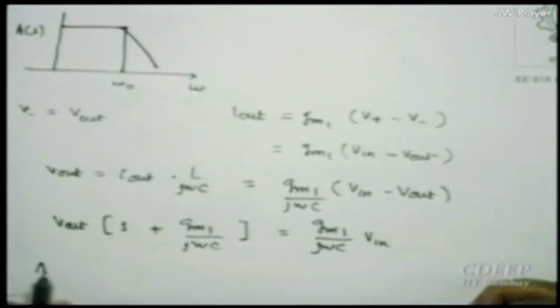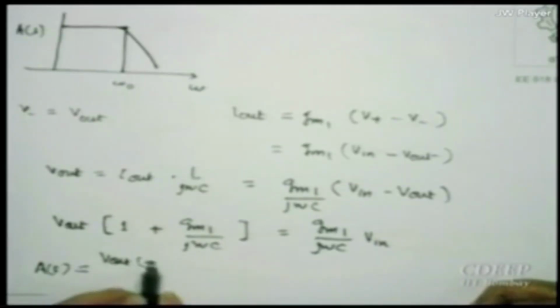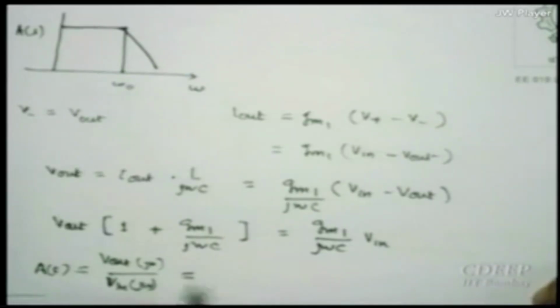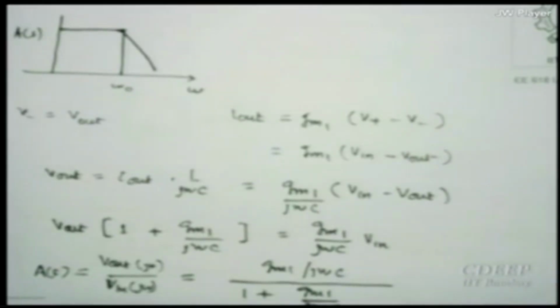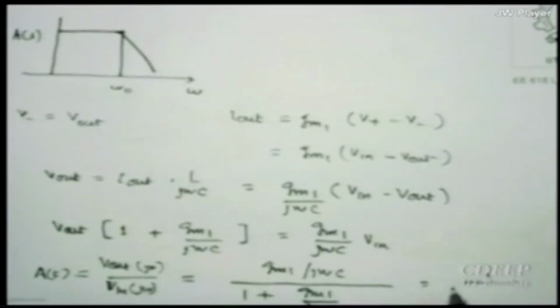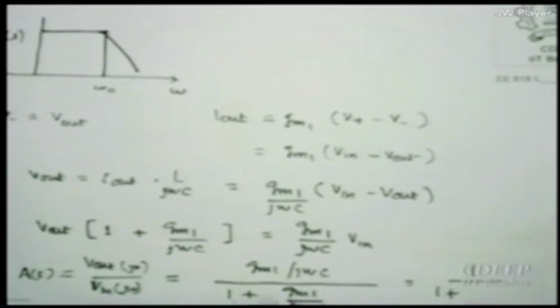If I find the transfer function, the gain function V out of S, with all these omega terms, j omega times V in, which is also a sinusoid, then it is equal to Gm1 by j omega C divided by 1 plus Gm1 upon j omega C. I divide numerator and denominator by Gm1 by omega C, so I get 1 upon 1 plus, please remember I am dividing this, is that okay? So it is j omega C by,